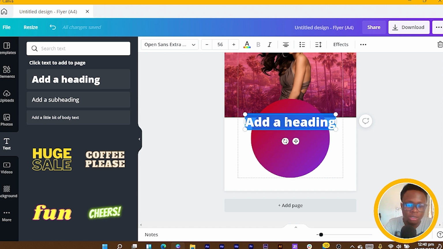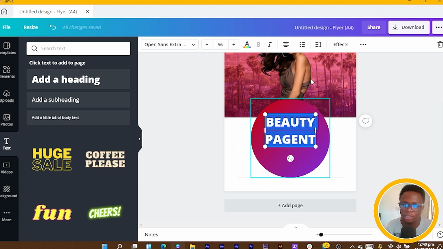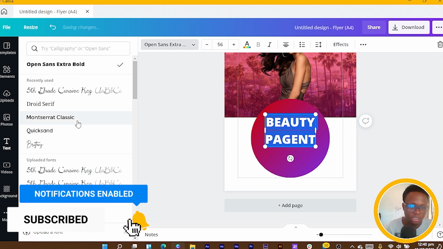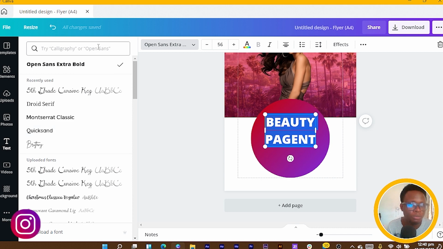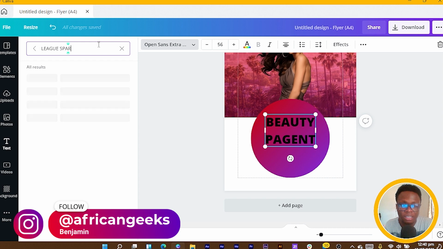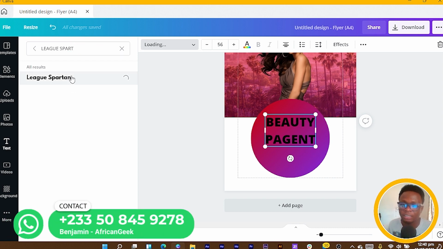So I can just put beauty. Okay, so beauty. I don't know what I'm writing, but let me just put this as if I wanted to write. I don't know if the spelling is correct, but don't charge me for that. Okay, so then I come into, you just have to click here, the typeface section, and it should bring you to this section where you can see so many fonts. So I'm going to search for League, League Spartan. I believe that will be a very cool font for this, so I'm going to choose that,